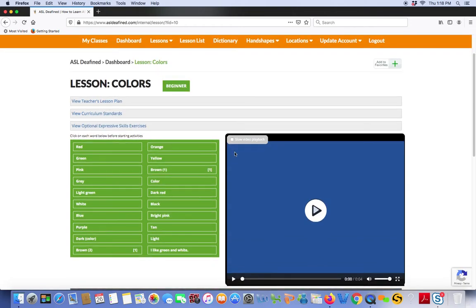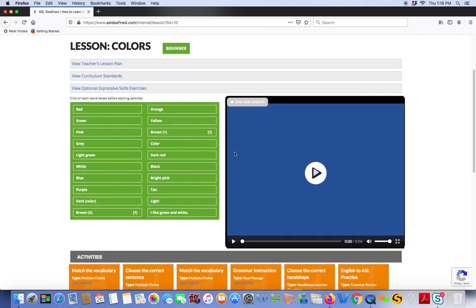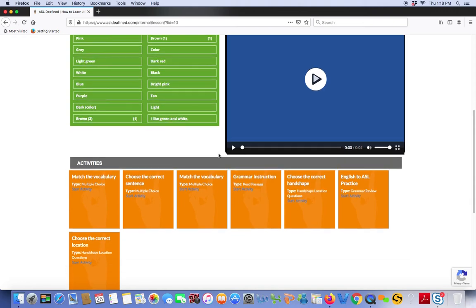and if we were in the regular classroom, I would teach these colors to my students and then have them practice a little bit with the vocabulary words. And then down below, if you scroll down, you will see all these activities that are associated with the lesson